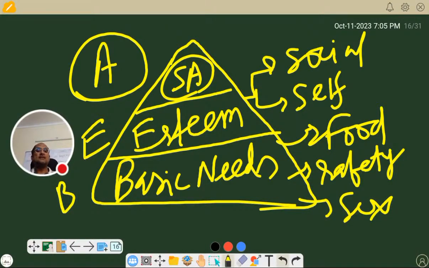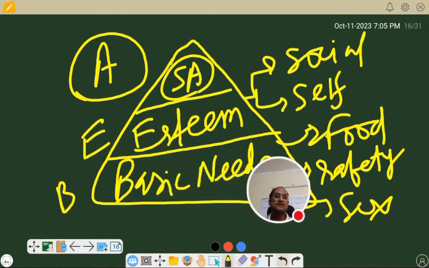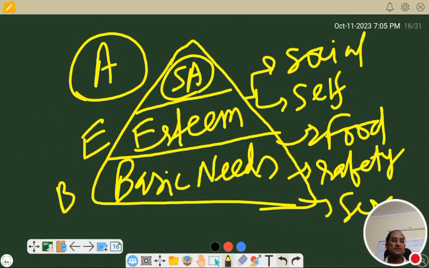Maslow says that there is a hierarchy. Once the basic needs are fulfilled, then esteem needs are fulfilled, and then actualization, but that is not always true. We'll learn about this later on. It may take place, but there are people who are hungry but driven by some vision. There are people who don't have two square meals,